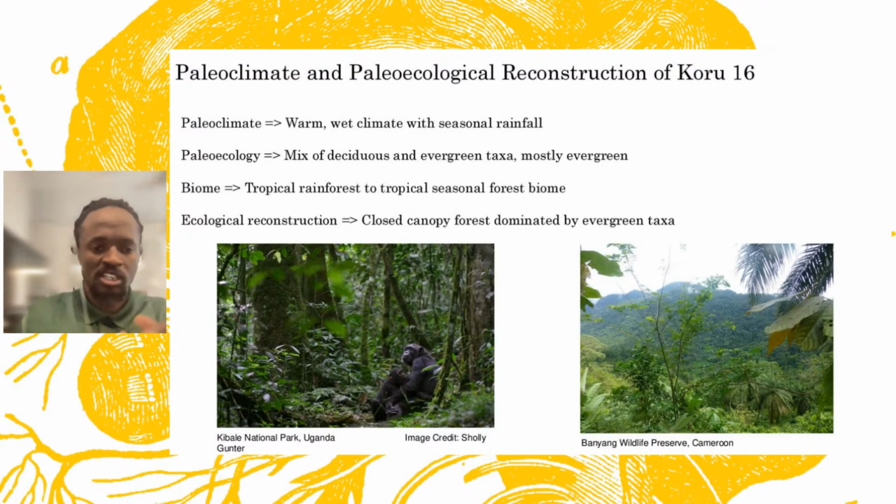The ecology is that you have this mixed deciduous and evergreen taxa, but mostly the evergreen taxa take up the flora. And then the whole biome reconstructs to a tropical rainforest to a tropical seasonal forest. The whole ecology shows this closed canopy forest dominated by pretty much evergreen taxa. And that's pretty much what we see in Kibale National Park in Uganda, or this highland tropical rainforest in Cameroon,